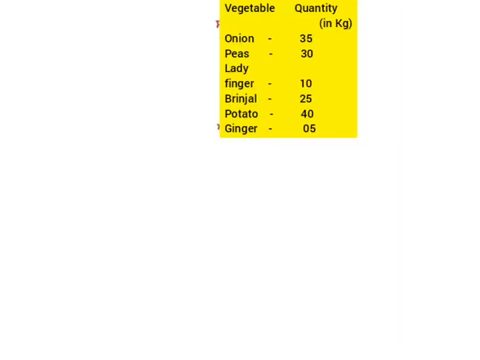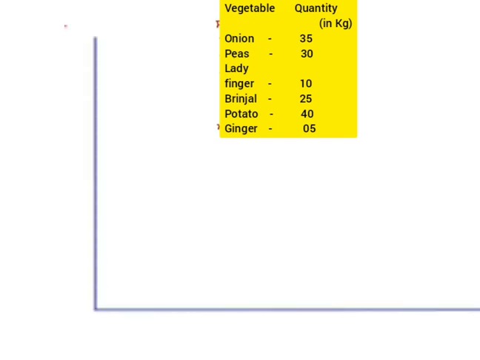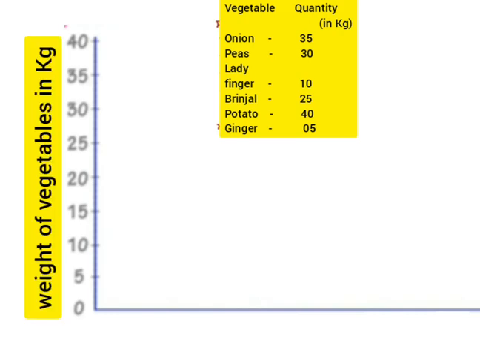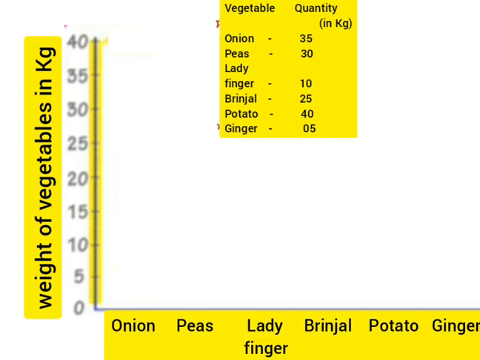To draw the required bar graph, first of all, we will draw a horizontal line and a vertical line meeting it at a left end. Mark a scale along the vertical line to represent the weight of vegetables sold in kilograms. Starting from 0, mark the scale with a skip counting of 5. Mark the numbers from 0 to 40. Now on the horizontal line, mention the names of vegetables. Yes, we will mention the name of vegetables sold by the shopkeeper.